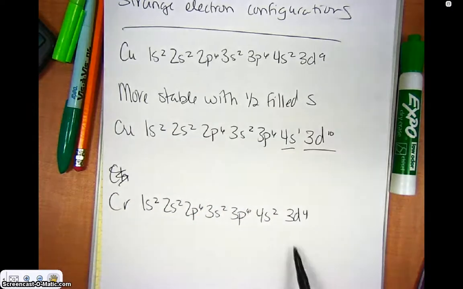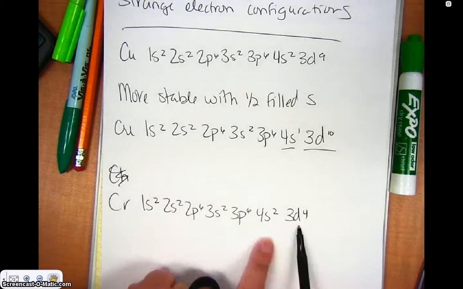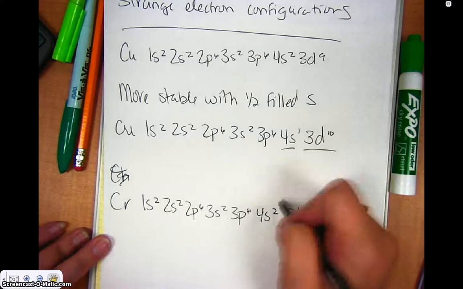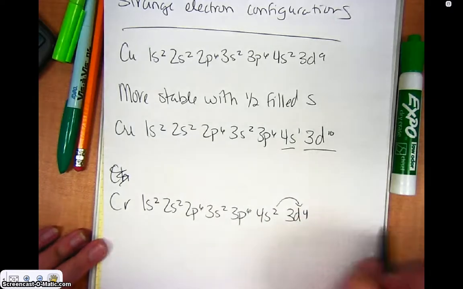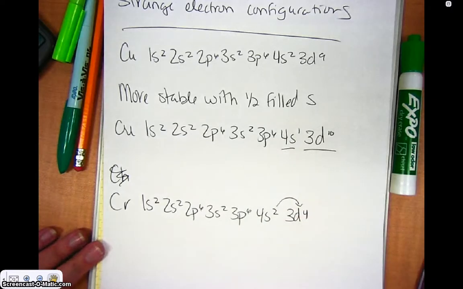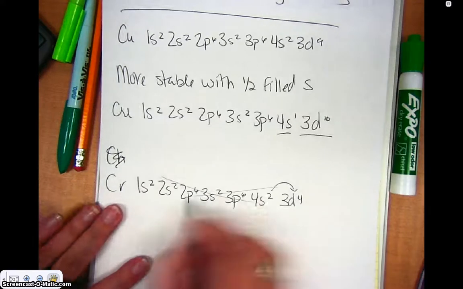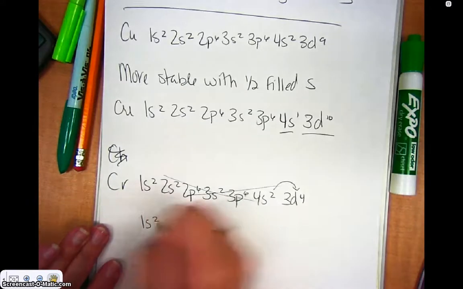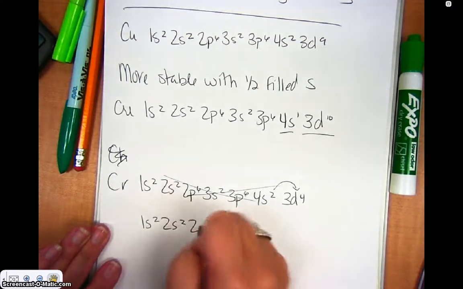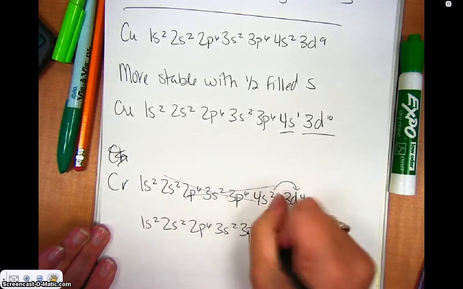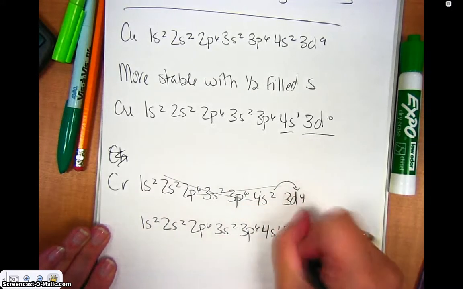So again, if we look, we see this D. Remember, Ds can hold 10, but they would be half filled with 5. So essentially what it does is this electron goes in here, and it's a little bit more stable with two half-filled energy levels. So instead of this for chromium, we have 1s2, 2s2, 2p6, 3s2, 3p6, and then 4s1 and